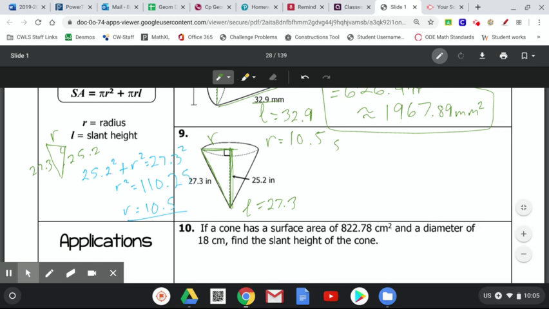So surface area equals pi times radius squared, where the radius is 10.5 squared, plus pi times radius, which is 10.5, times our slant height, which is 27.3. When we do 10.5 squared, we get 110.25 pi, plus we do 10.5 times 27.3, and we're going to get